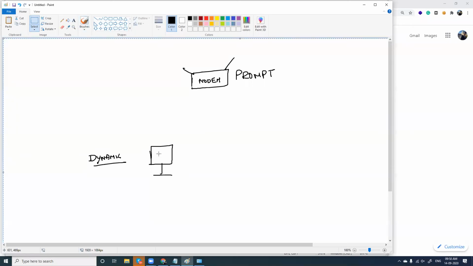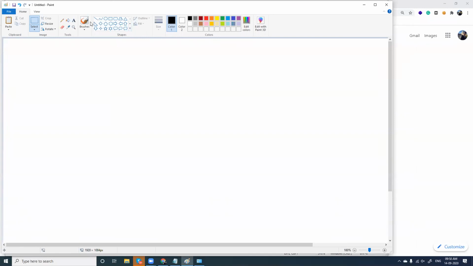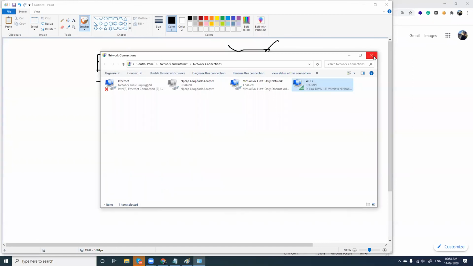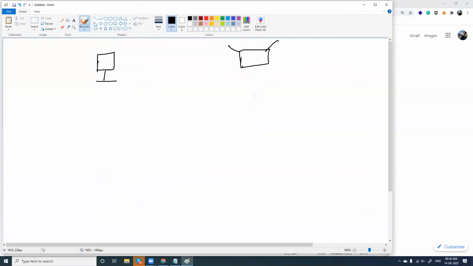Fine. So we'll see how this happens. I'll draw it like this so that you'll understand it much better. I have a computer and this is a modem here. Fine. So we'll see what's happening behind this. When my IP address is set to dynamic, I've gone for this option dynamic, I've clicked OK and I've closed this. Now, when I restart my computer,